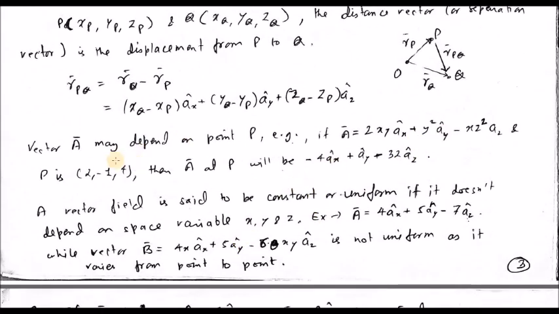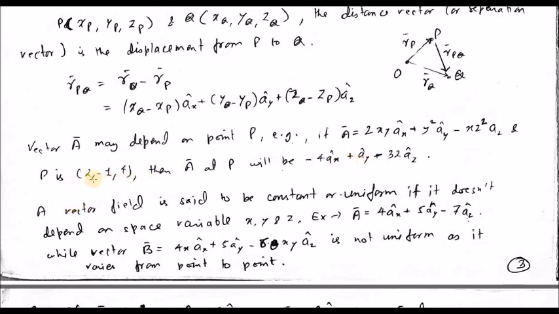Okay, this is what you can say. Any vector A may depend on point P. For example, if A is 2xy ax plus y square ay minus x z square az, and suppose point P is (2, -1, 4), then vector A at point P will be -4ax plus...